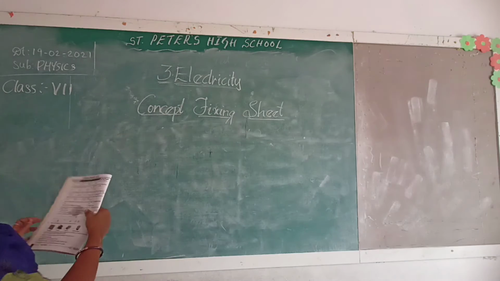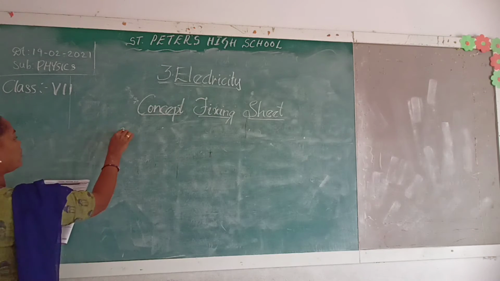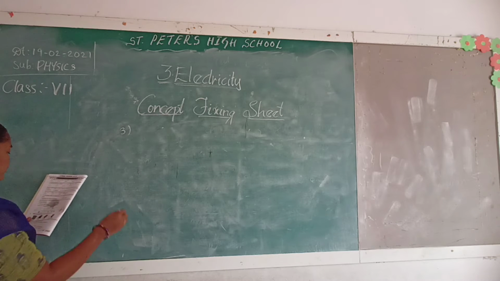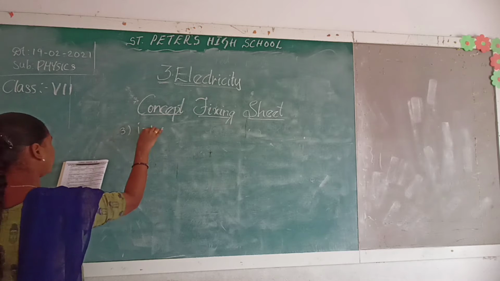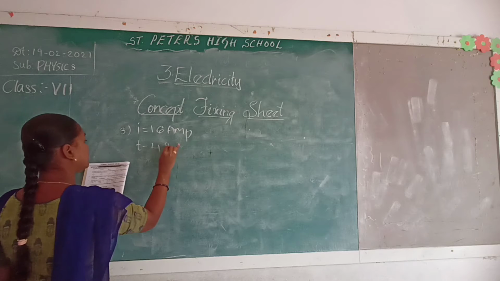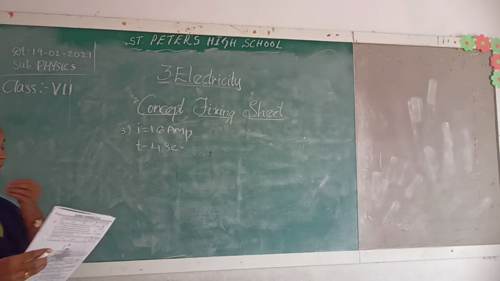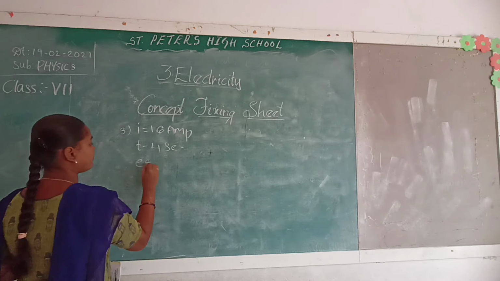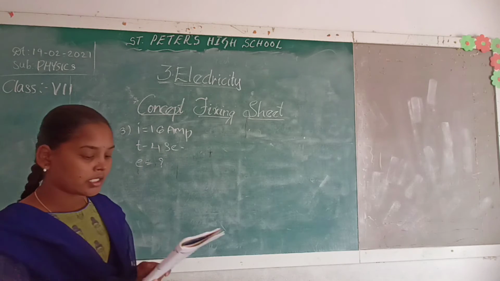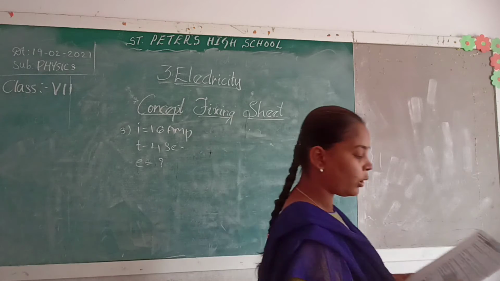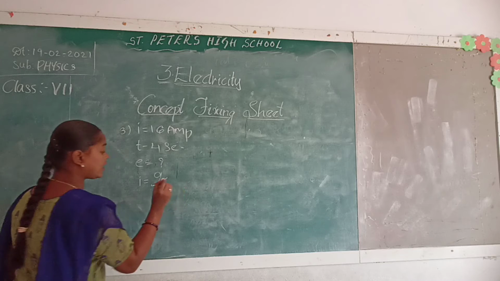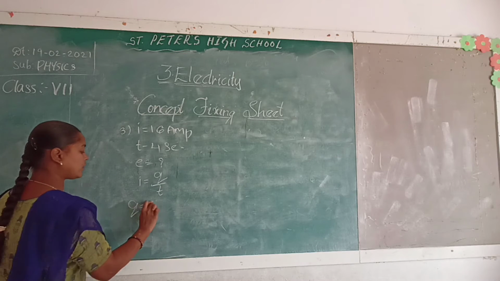Let us first of all write what they have given. They have said that the current flows. How much is the current? 16 ampere and time is 4 seconds. And what are they asking? They are asking the number of electrons flown through this. So we need here charge. We have the formula I equals Q by T, whereas to find charge, we get Q is equal to I into T.